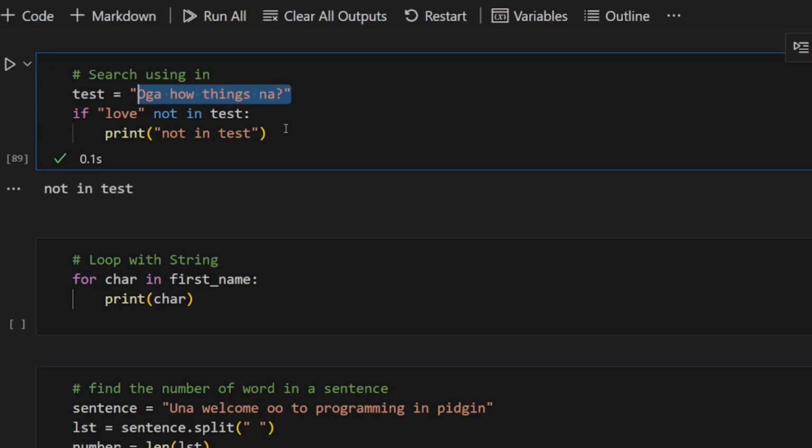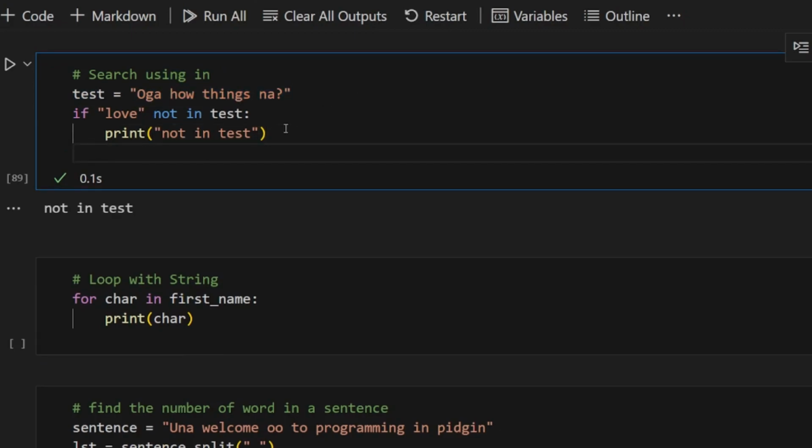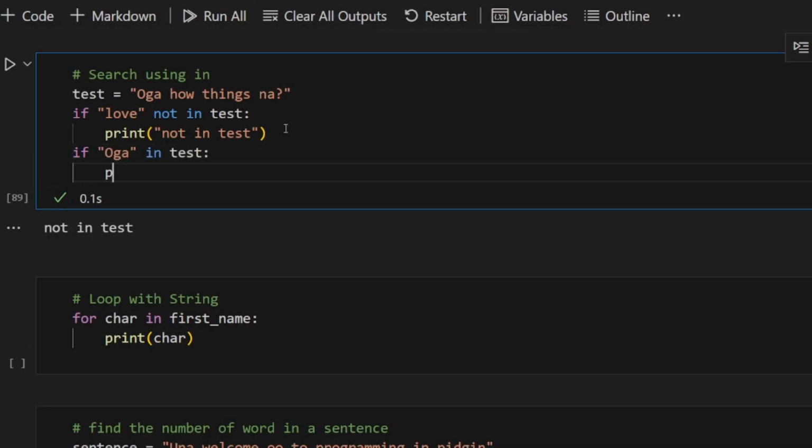You get the idea? So if we run another thing, let's say we'll run another if. If Oga in test, print yes, Oga in test.